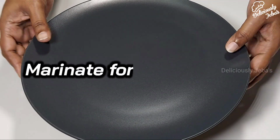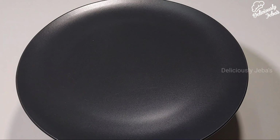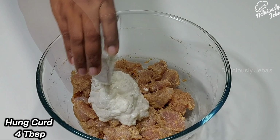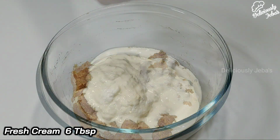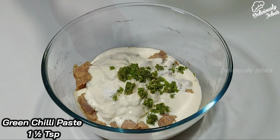Now cover the chicken and let it marinate for 30 minutes. After 30 minutes, add 4 tablespoons of hung curd, 6 tablespoons of fresh cream, 1.5 teaspoons of green chili paste,